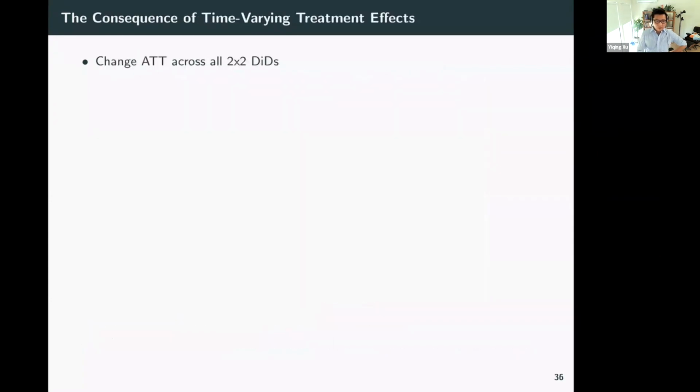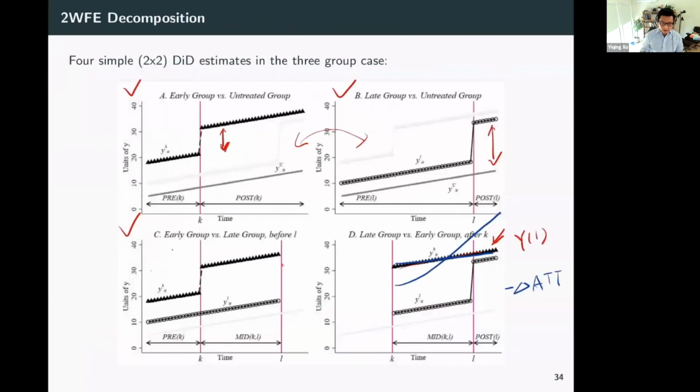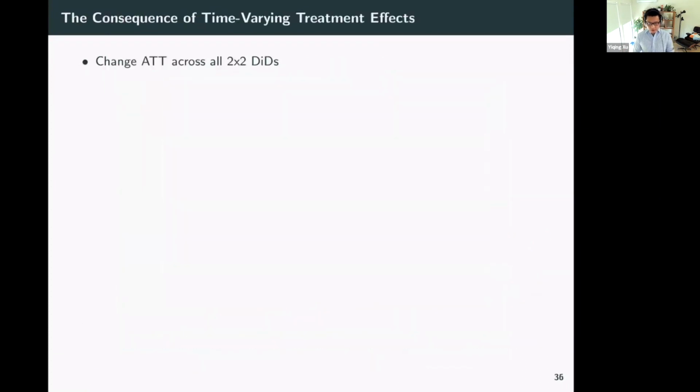Okay. So this is about weighting, and what's the consequence of time-varying treatment effects? Time-varying treatment effects will not cause bias for these first three groups. One, two, three. It will legitimately change the treatment effects. That's fine, but it will cause bias because of the fourth group. So it will change ATT across all 2x2 DIDs. It will bias estimates from the weighted average, the balanced weighted ATT, because delta ATT is not zero